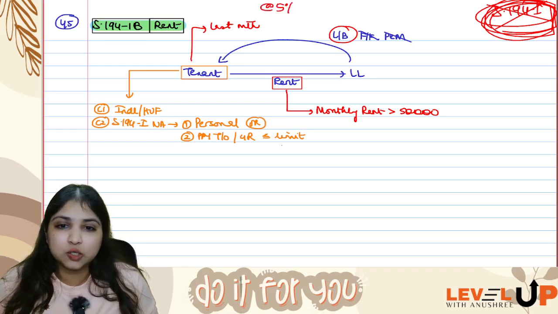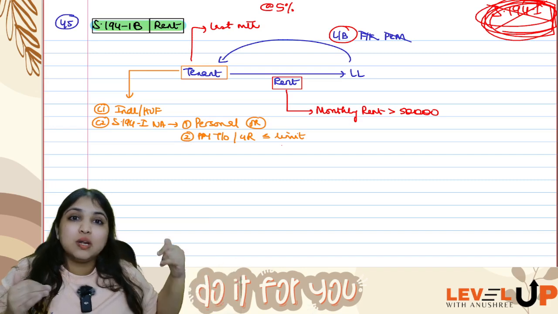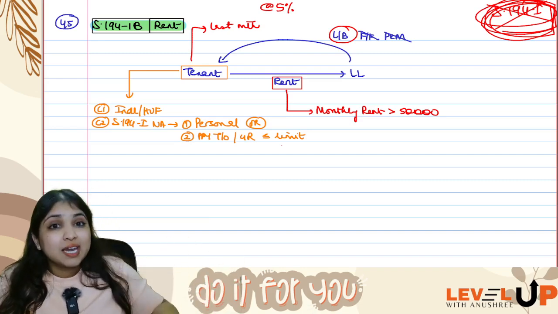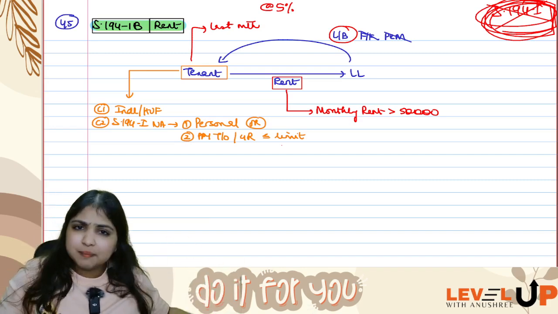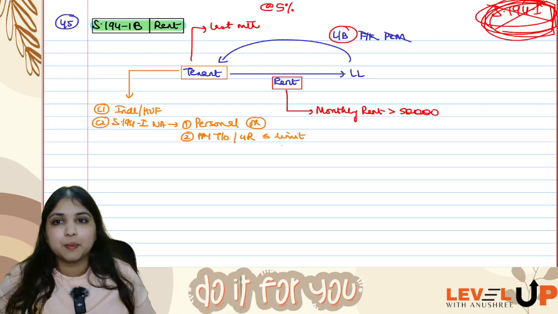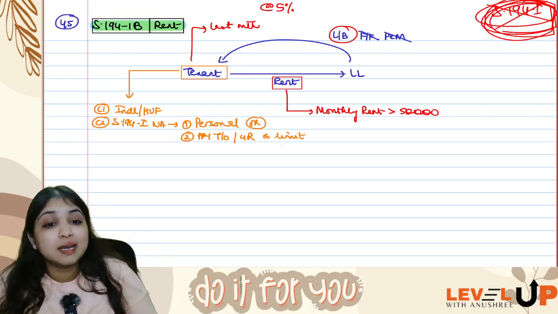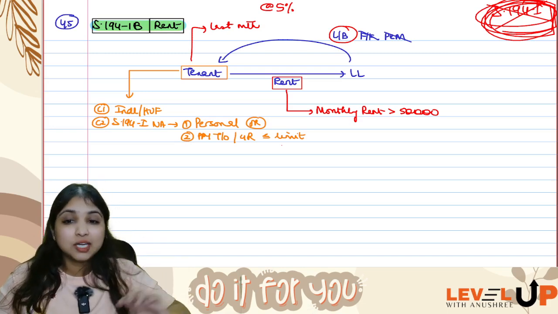what rate? At the rate of 5%. We will not deduct tax every month, only in the last month, only in the month of March. Or if he is vacating the property in December, let's say, then in the month of December. So in the last month, or in the month in which he is vacating the property, in that month only you will compute this TDS, only if the monthly rent is more than 50,000, at the rate of 5% you